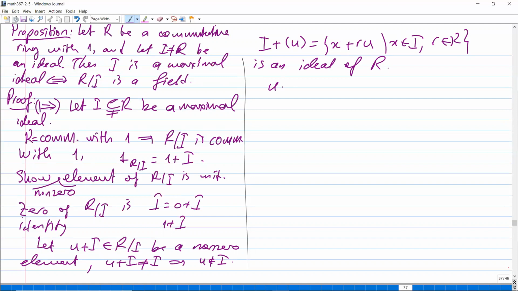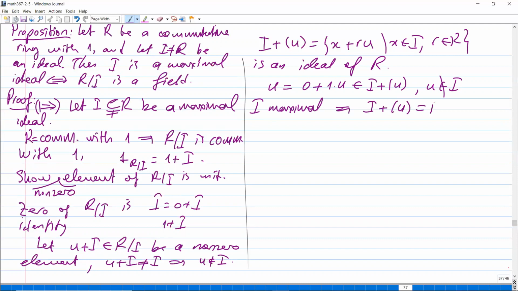If you look at U, we can write U as 0 plus 1 times U. This is in I plus U, but it is not in I. Since I is maximal,